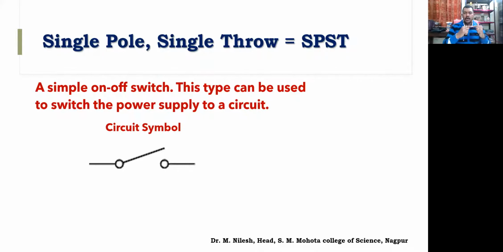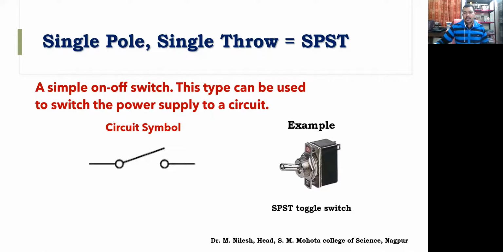So one position will be on, and the other will be off; it just opens and closes. That is what we use in our day-to-day life to switch on our home appliances. That is what I said. This is what it looks like, right? But it's actually a DC switch. We are not concerned with the AC switch.